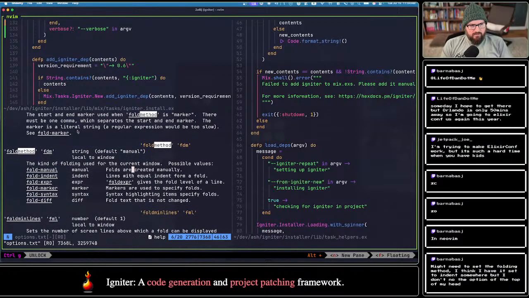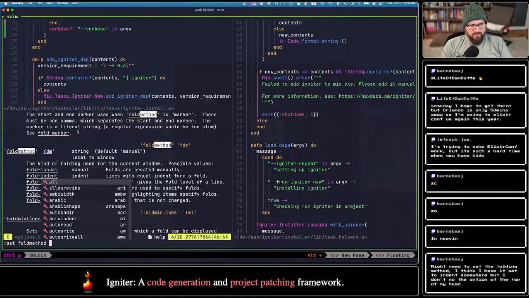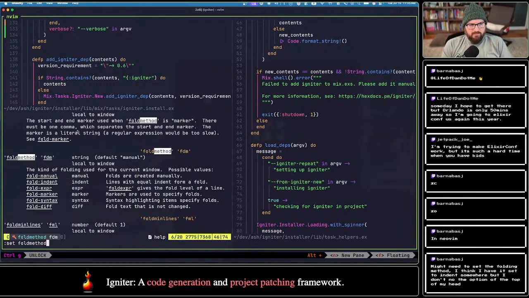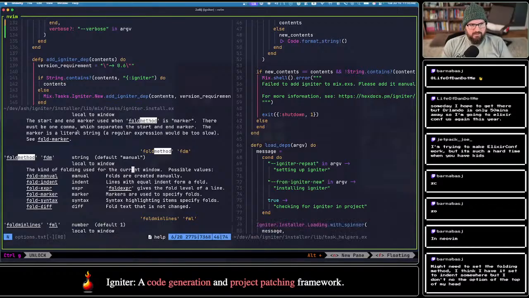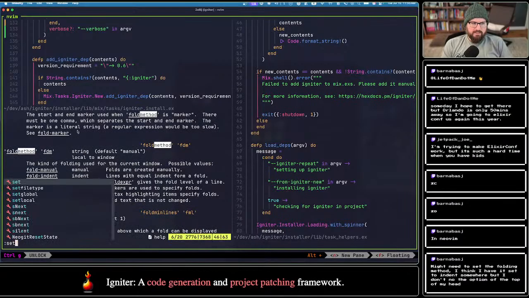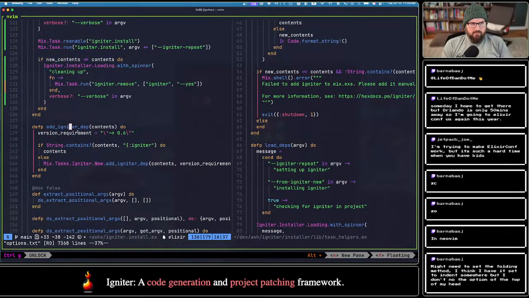The default is manual. So you're saying if I do, what is it, set fold method? It's so bad with Vim. The indent, something like this. How do I do this? How do I set options? I don't even know. Fold method. Oh, okay, that's how I can see the value too. Fold method equals indent. Okay. So now if I do,